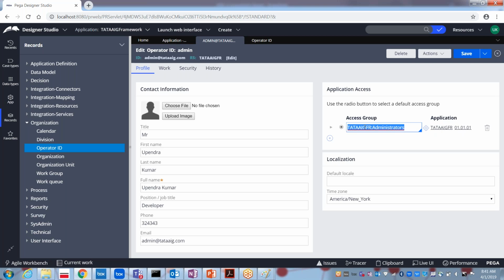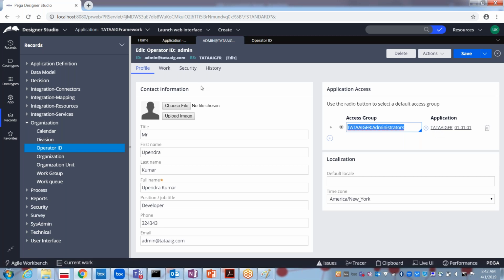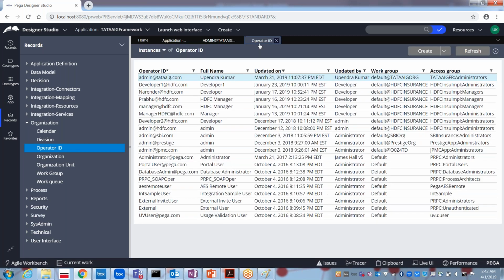Okay, the access group name contains the application name as well as the role he is playing. And later here is the name of the application on which he is going to be working. Okay, so in case you open administrator at pega.com,